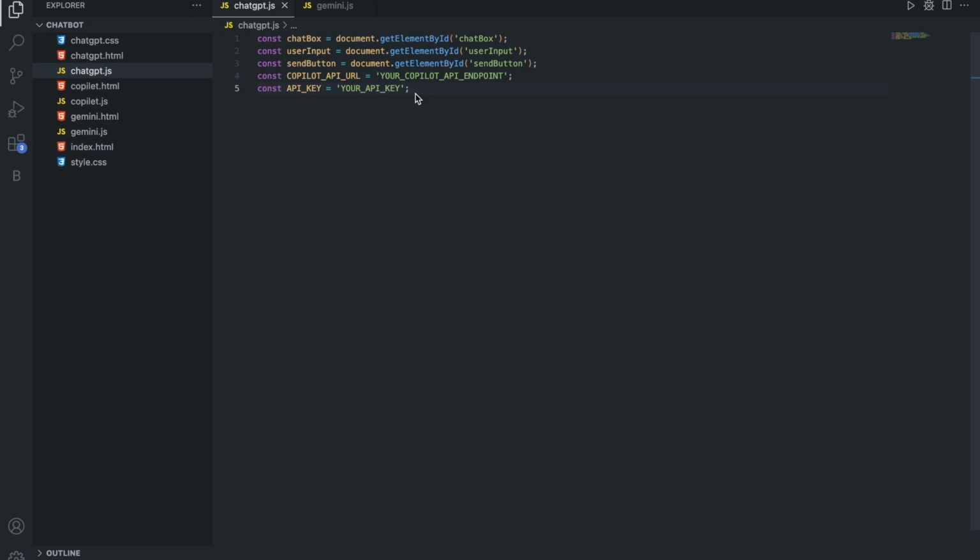Here, in this variable, you should write the address of your API. It's the same for all of the APIs. And here you should write HTTPS or HTTP. It doesn't make any difference, but for safety and SSL,